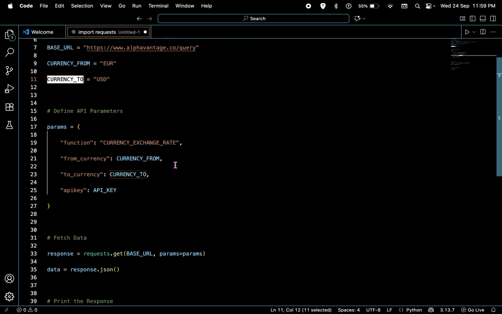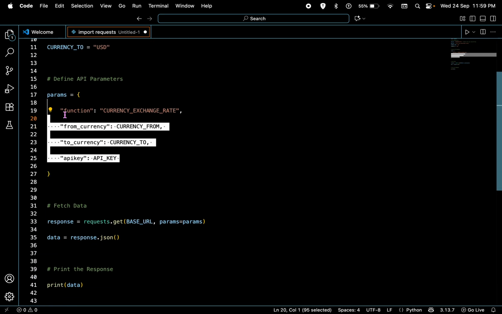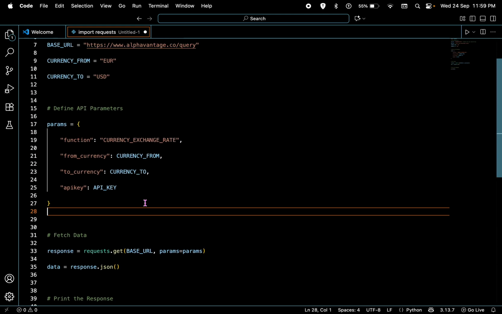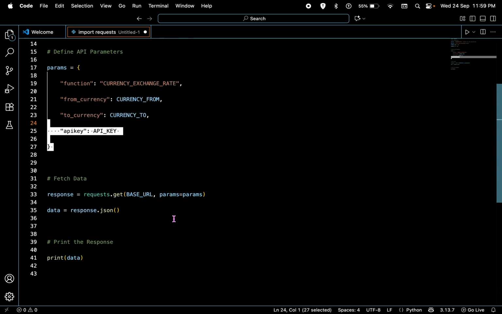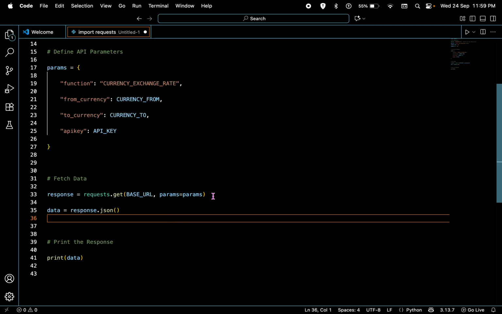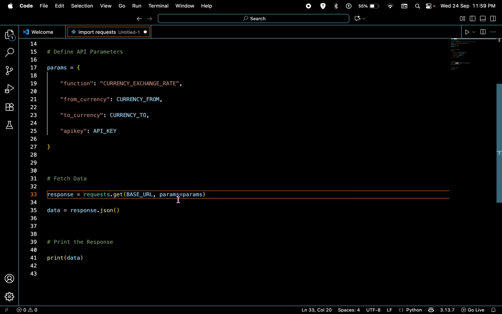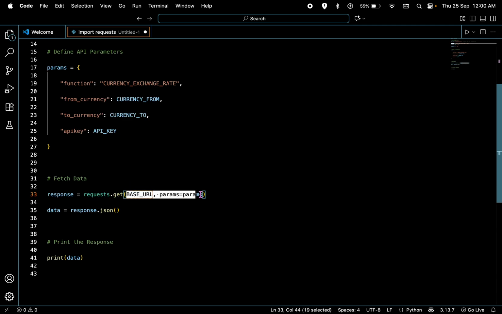Okay. Then we are defining our API parameters. What are the parameters we would be needing? So here we have defined from currency, to currency and our API key. This thing will be as it is for you as well. Then we are trying to fetch the data. Here this is the command. So response is equal to requests.get(base URL, params=params). So here what we are doing, it will directly pick the base URL and basically from here this entire thing, what it will do, it will directly try to